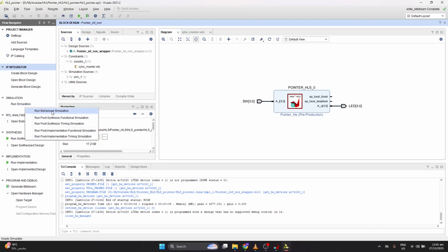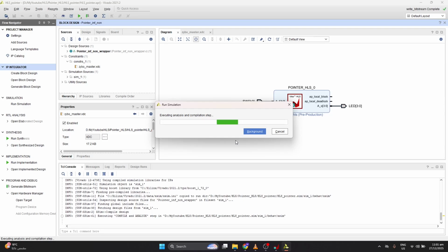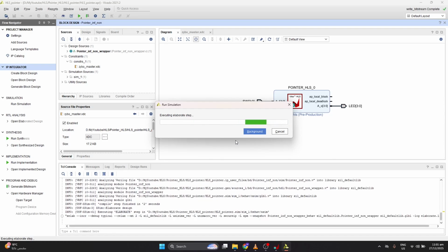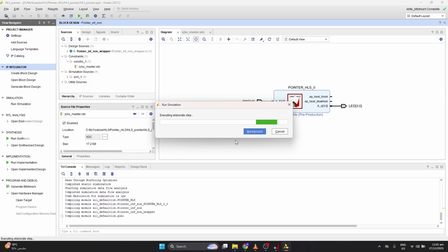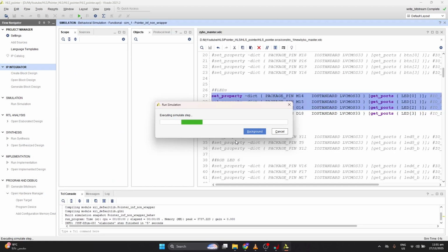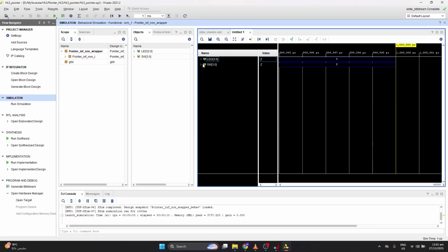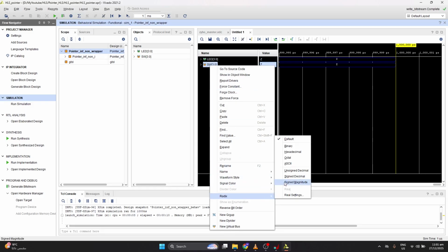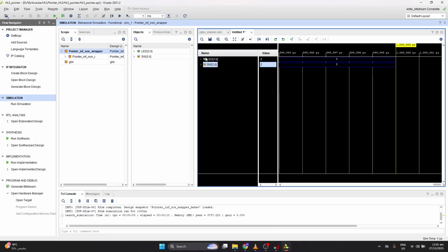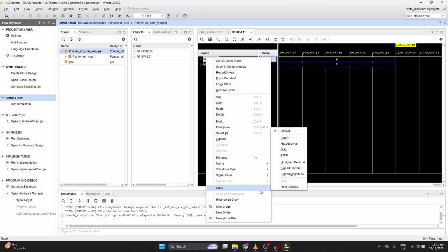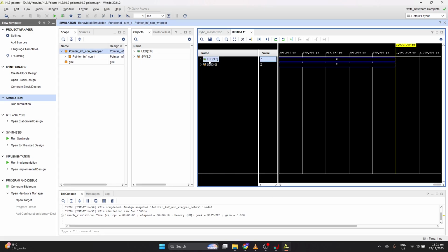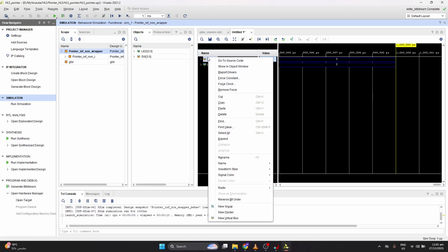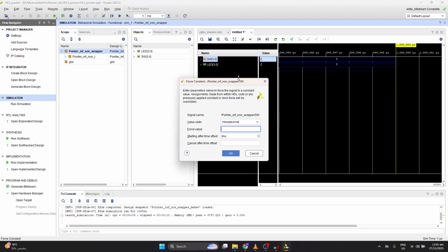And we can do the simulation as well. To show you the results, I will do the simulation. Here, this is my input. First, I will fix the radix to constant decimal for both. This is my input. I will give the force constant to, for example,